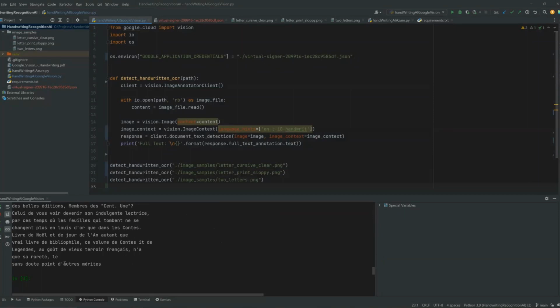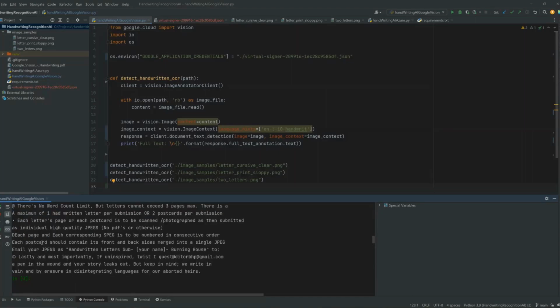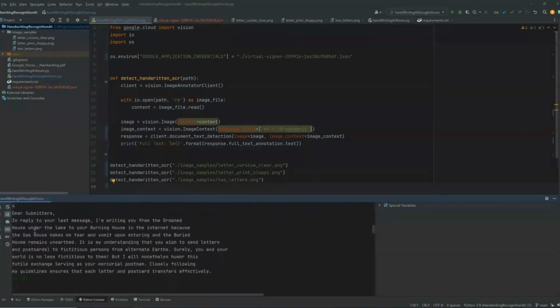And in just a few seconds, you can see we're getting the data back. So this is the French file, and right before that, we had the other two. And by the way, it does get "dear submitters" — actually, Google got that right. And then, of course, the third one is going to be C Sharp.